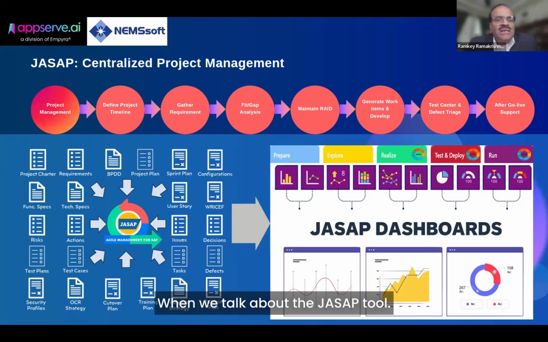When we talk about the JASAP tool, this is a centralized project management tool, right? So one of the key features of this JASAP is a dashboard. So high visibility to the C-level executives of the company, instantly letting them know what is happening, right? So this dashboard is built from the input databases of JASAP, and in turn the JASAP stores all these documents